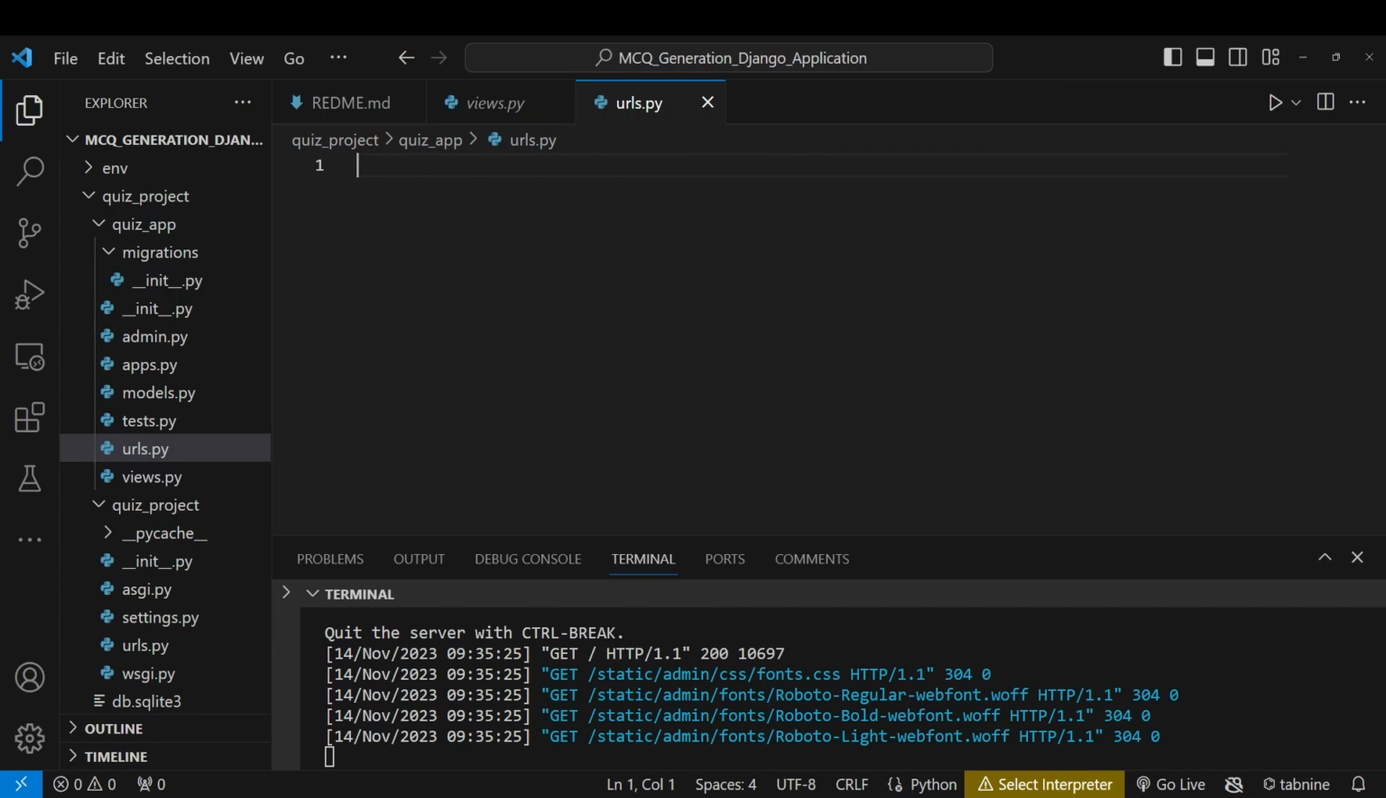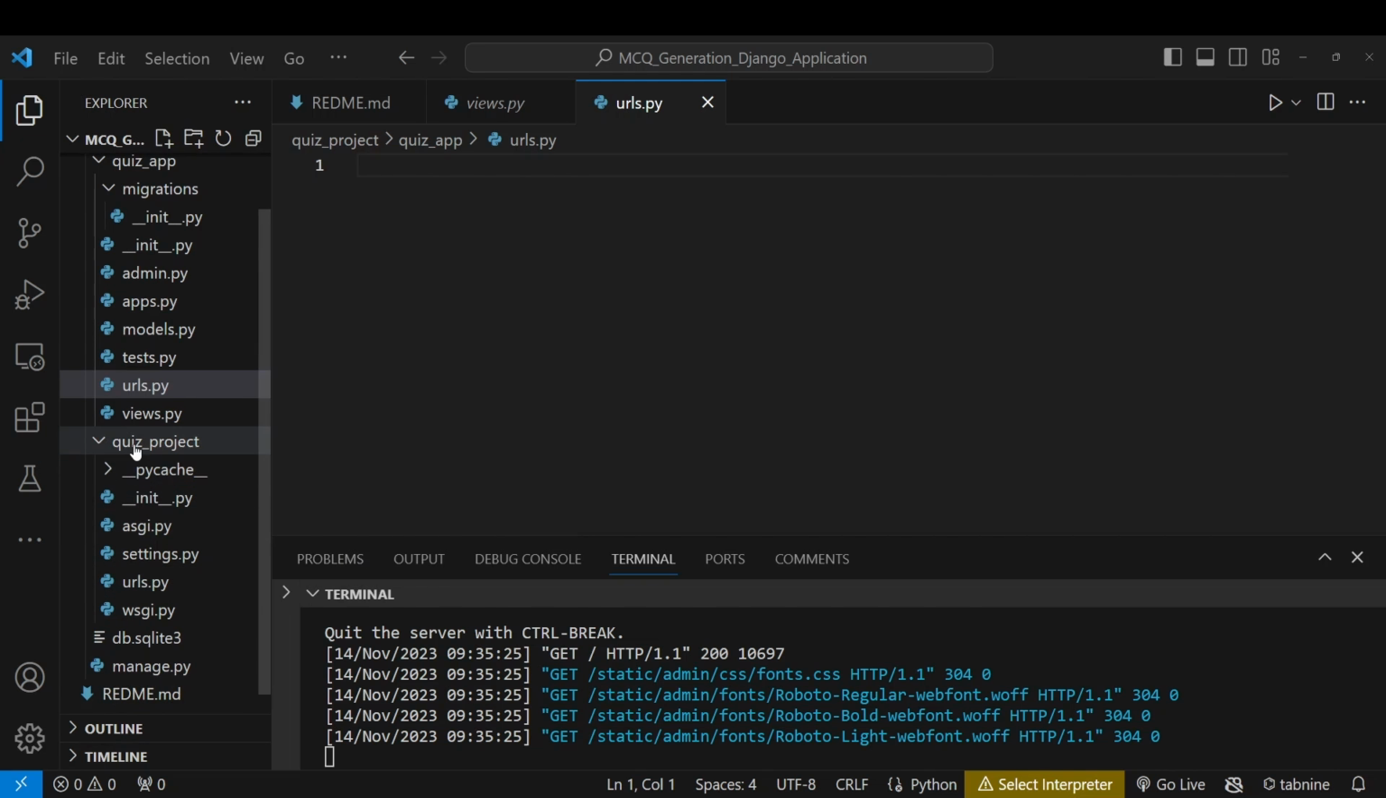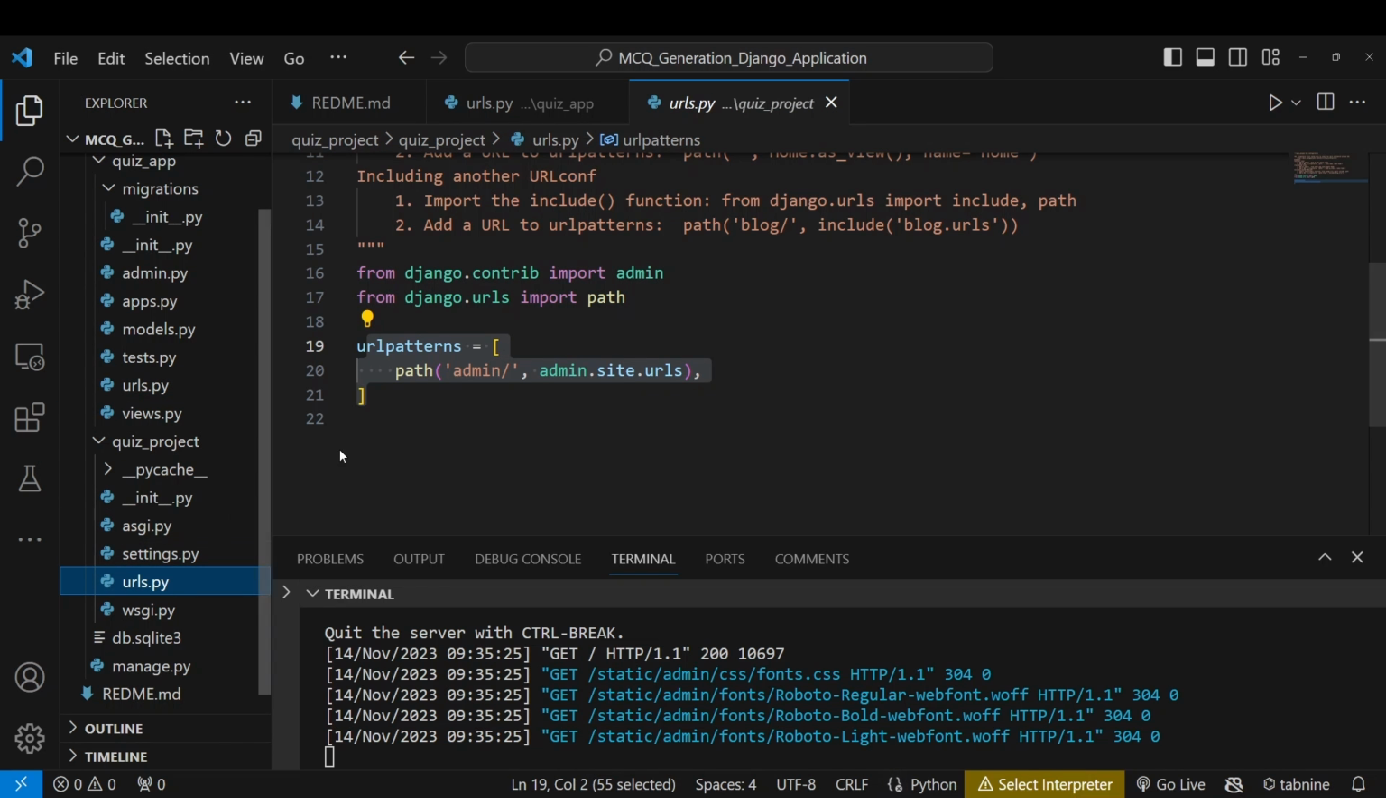Okay, now why do we need this particular urls.py file? Let's try to understand a little bit about this one as well. This urls.py file is the configuration file where we can define the mapping between our URLs and the views of our project. In our quiz project directory we have the urls.py file, and in this file we have